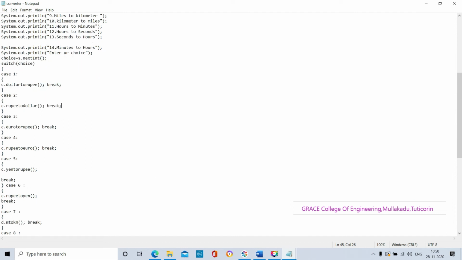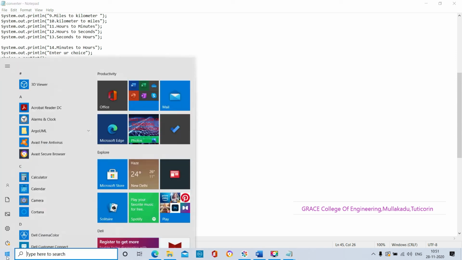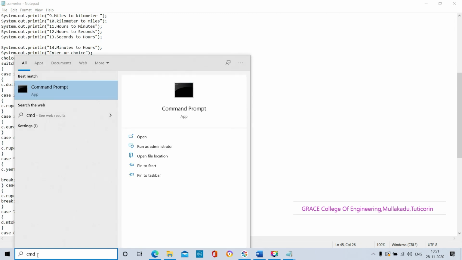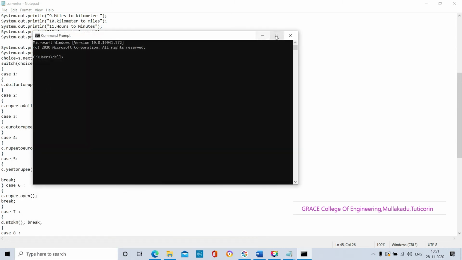Now we will go to compiling and running. First, compilation. In the compilation process, if any errors are available in our application program, it will show that error, and we have to correct it. After compiling the application program successfully, we move to the running part. For compiling, we have to move to the command prompt. In the search button, I am giving the command, so that the command prompt page is open.